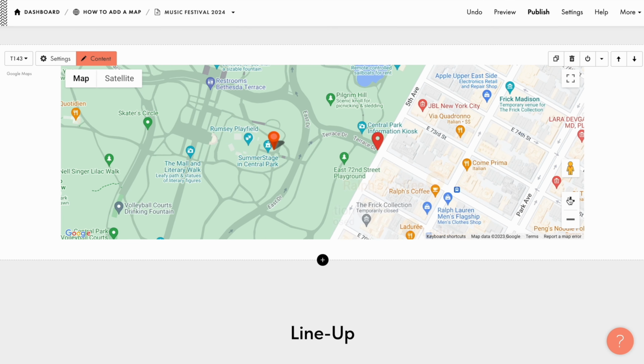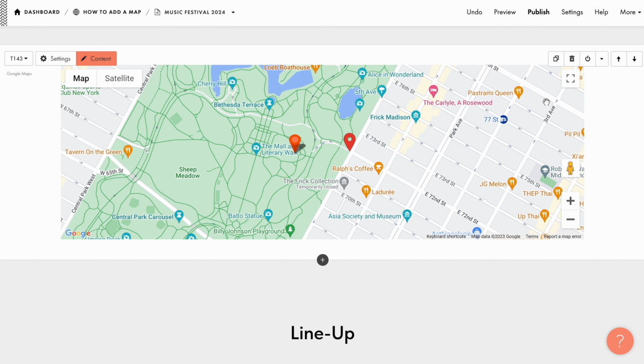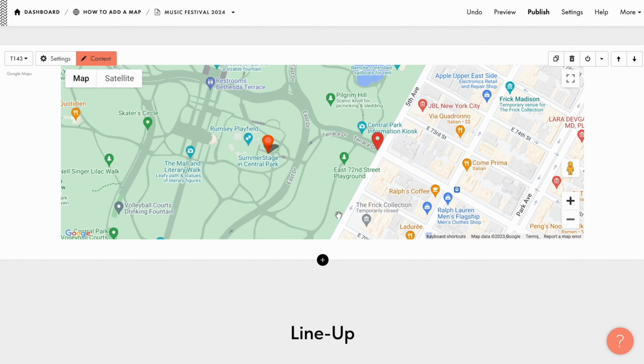In case your custom marker appears slightly misplaced relative to the default pin, you can reposition it. To move the marker, use the Marker Offset setting. This setting requires two numeric values separated by a comma. The offset values can range from -48 to 48. I type in -13, -40, and save the changes. You can see that the marker has slightly moved and now more accurately flags up the correct location, the stage.